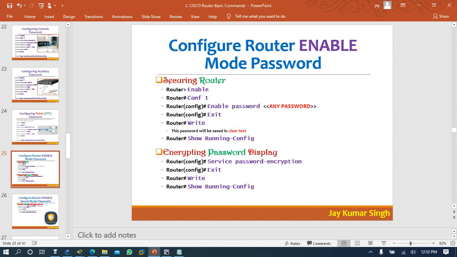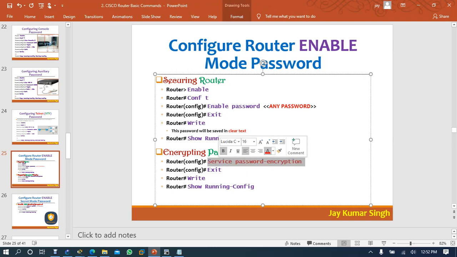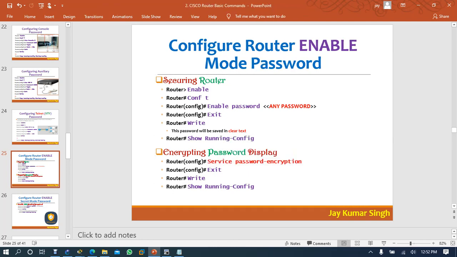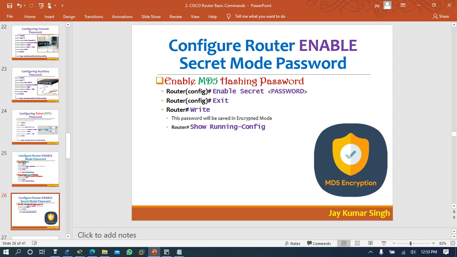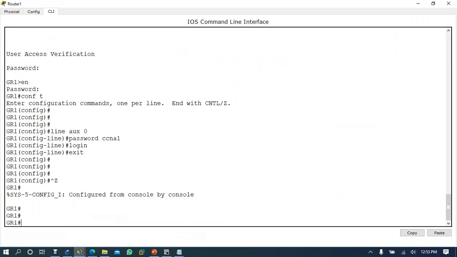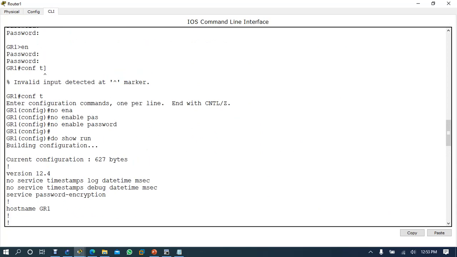So we have an option to encrypt the password. With service password encryption we encrypted the password. After encrypting, I checked on Google and we cracked it. After cracking, we said okay, no problem, enable secret password. Then after the secret password, we removed the other password.